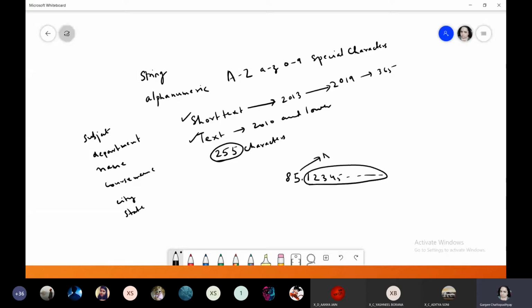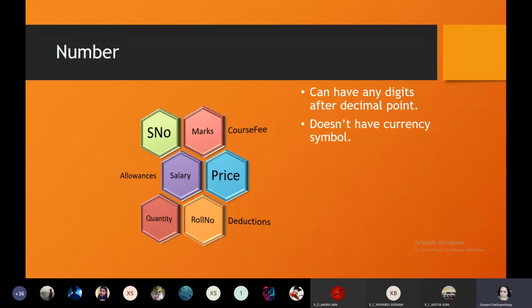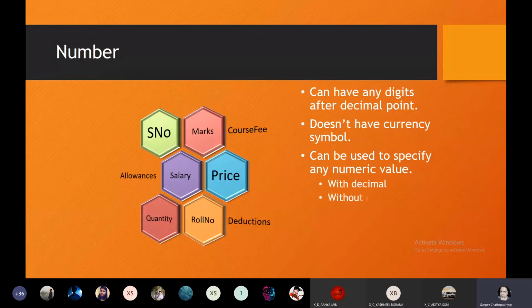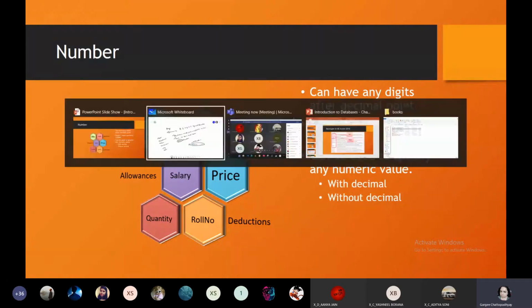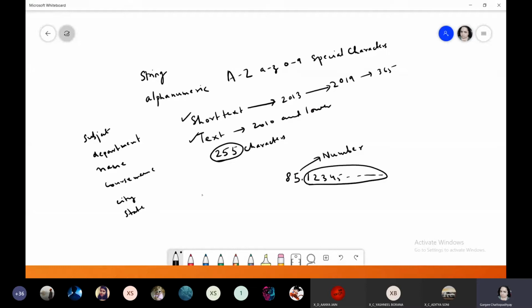This is the case with the number data type. It doesn't have a currency symbol, and can be used to specify any numeric value, with decimal or without decimal. So you can use it for representing both integers and real numbers. Okay, what are integers? Class 10 students, can you tell me what are integers?